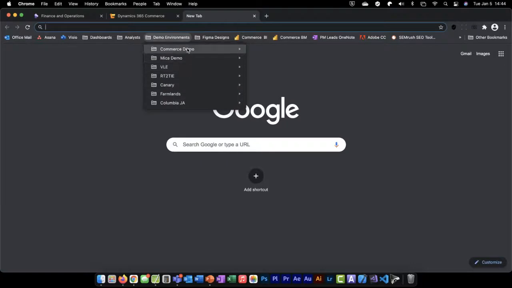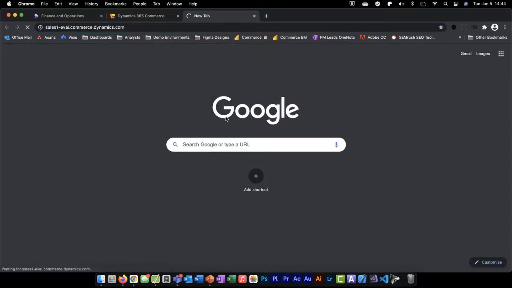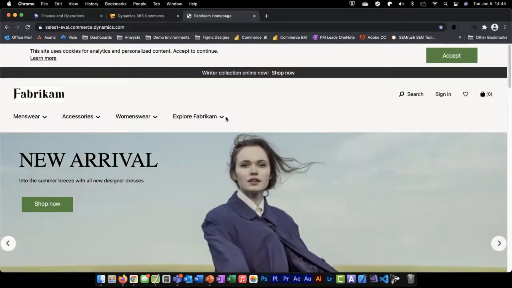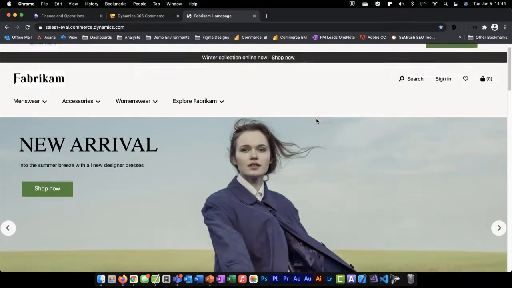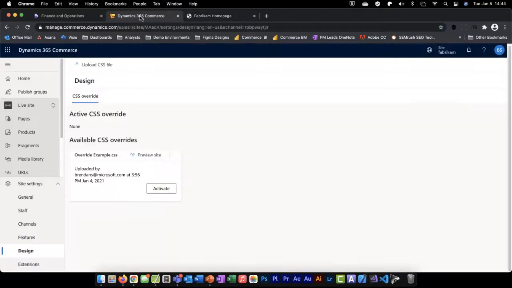And I'm going to open up a new tab. And very quickly, we will look at our demo site. And this is a demo site. As you'll recall, the CSS override hasn't been applied yet. So you'll see that I have a green button, I have a black border, and I have a particular font for my carousel slide title. So we can now come in and we can just turn it on, and